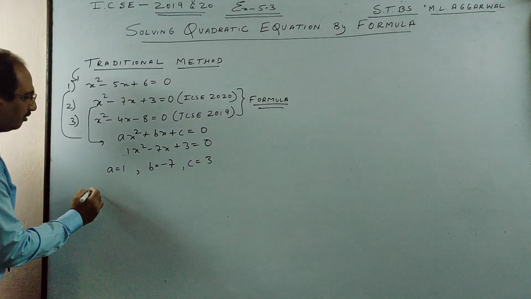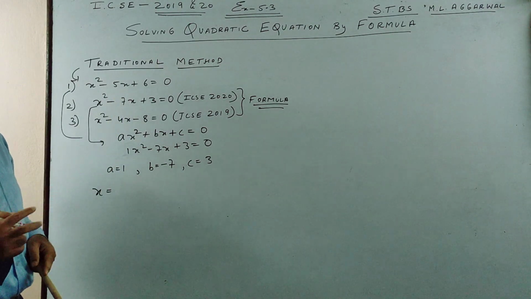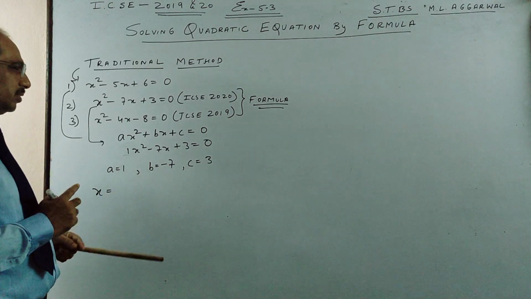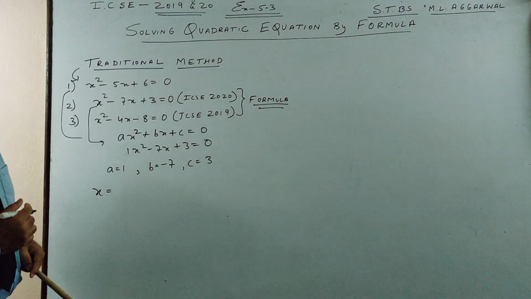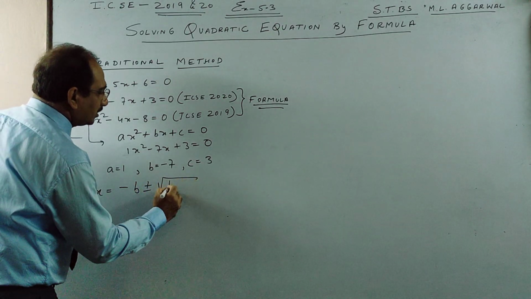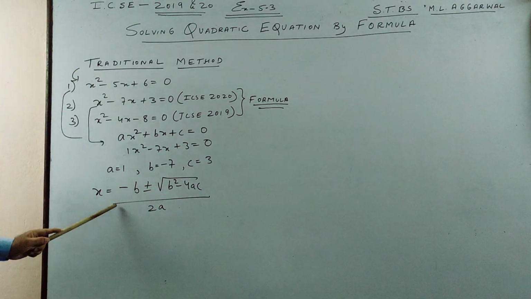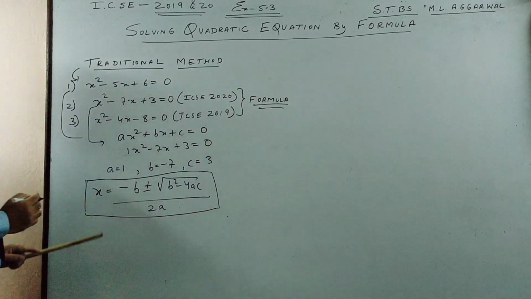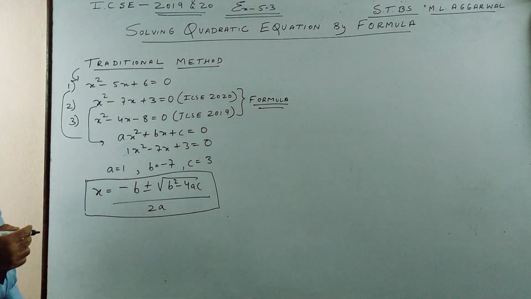So the formula is given for x. We solve for x, and in a quadratic equation we get two answers. In a simple equation we get 1, in quadratic 2, and in cubic we get 3. That we will see in the remainder and factor theorem in class 10. So x is minus b plus minus root of b square minus 4ac, by 2a. This is the formula, you have to mug it up. Once more, x is minus b plus minus root of b square minus 4ac, by 2a.